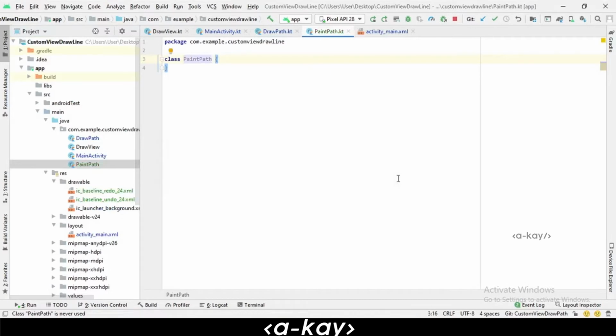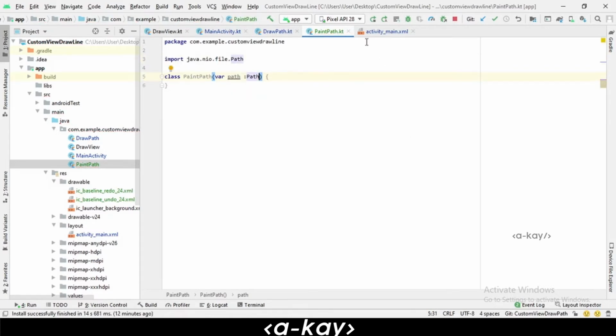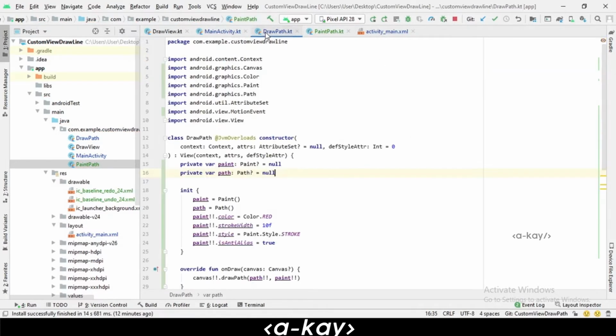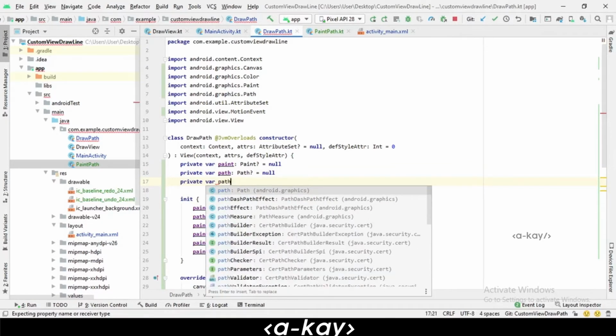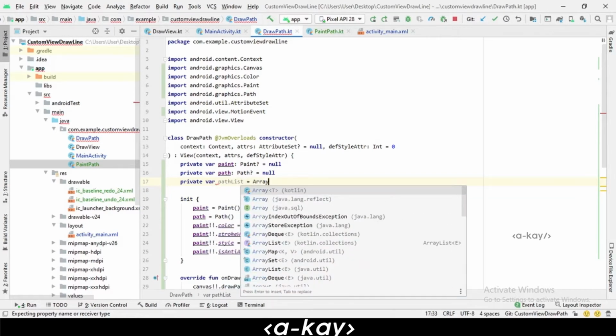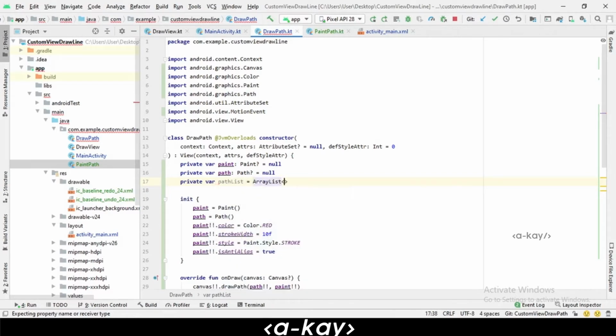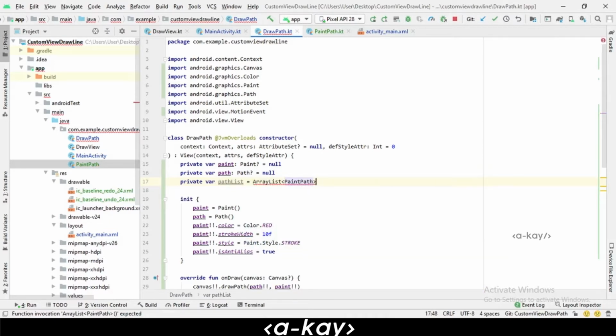Okay, here we are going to add path colon path. In our draw path we are going to create a list of variables, private var path list of type paint path.